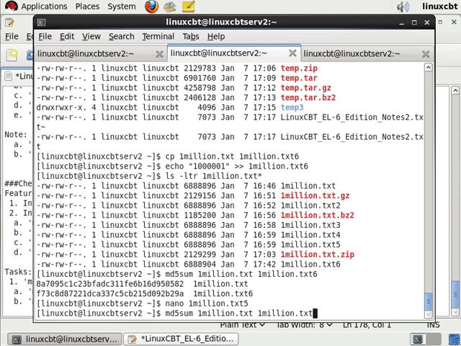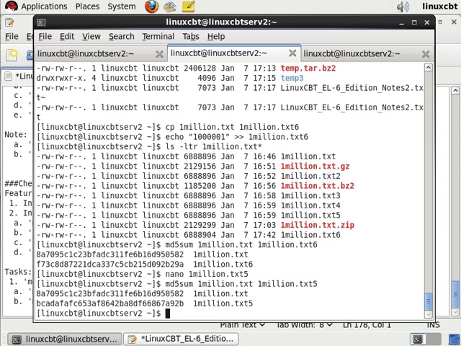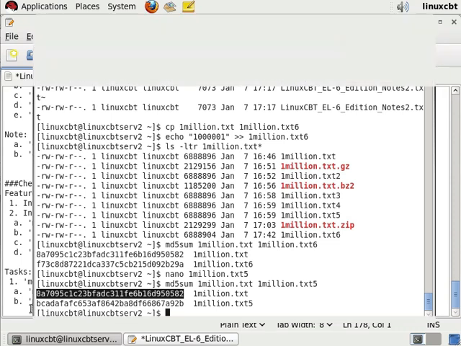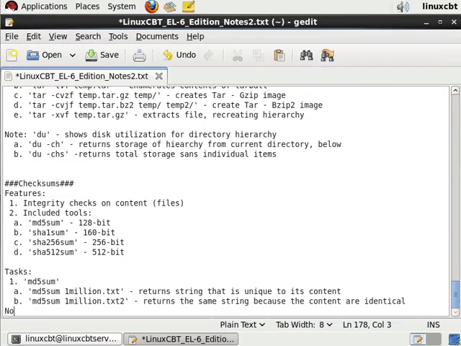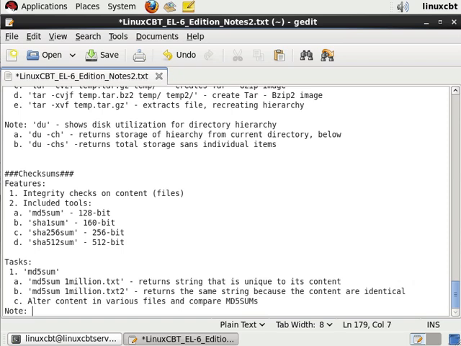Now let's compare and contrast 1,000,000.text to 1,000,000.text5, and notice text5 has now changed considerably, whereas before it was the following string. So introducing a single space makes all the difference in the world. Let's just note, as task C, alter content in various files and compare md5 sums. Note a single bit differential